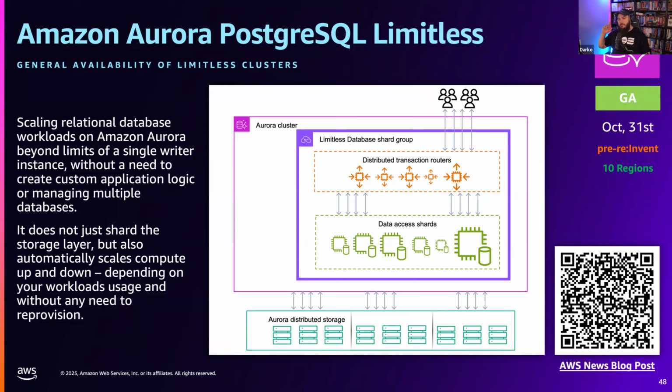You need to use Postgres version 16.4 or higher for this to work. But this is a great way for you to create it says limitless. I'm careful using the word limitless here, but it basically gives you an ability to scale out your Amazon Aurora databases to a massive amount. So if you need that writer capacity to be incredibly big, but you don't want to create any custom, potentially complicated logic internally to manage multiple writers, this is the way to go.